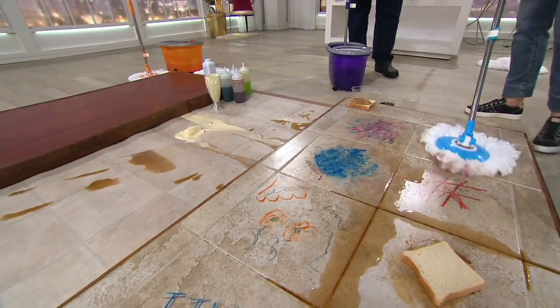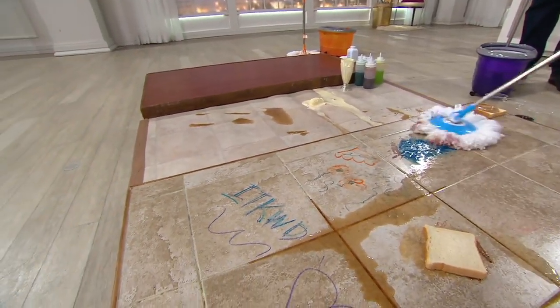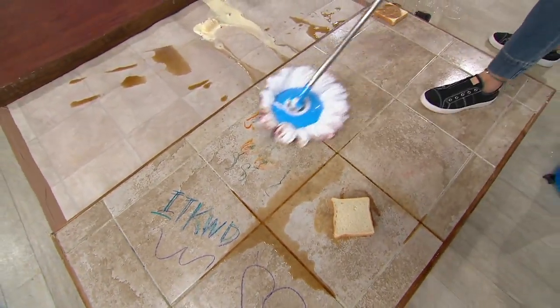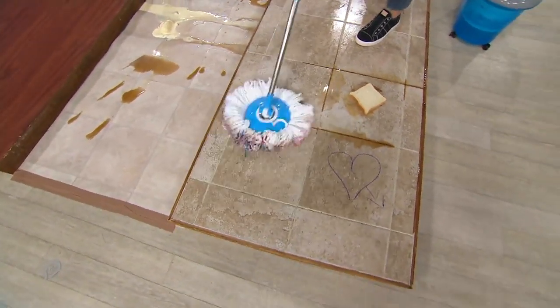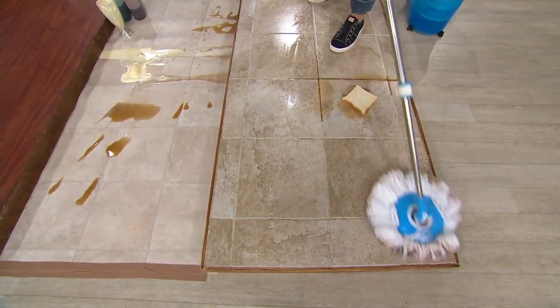But watch this. So I moistened it. I'm scrubbing up paint. I'm scrubbing up finger paint and crayon, but I'm also absorbing. You saw me dump an entire can of soda on there. I'm also getting into the grout on this tile. So if you think of all your hard floor surfaces, whether it's vinyl or tile or linoleum or hardwood, it's safe to use. Microfiber is very gentle on those